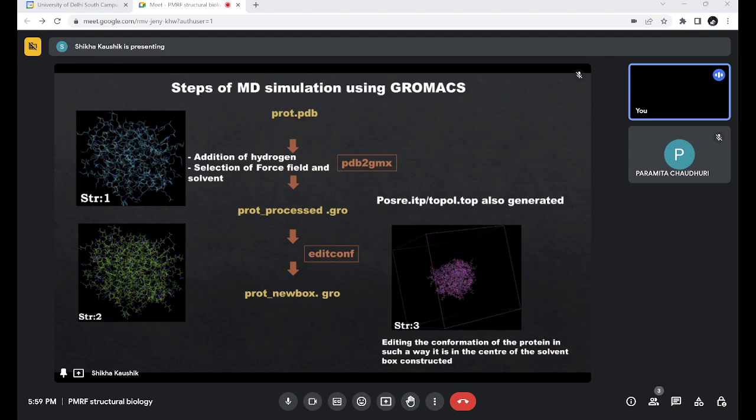Now, you have so many software packages or tools that help you perform molecular dynamics simulation, like CHARMM. But today I'll be taking you through the various molecular simulation steps of GROMACS. So you have your PDB file, which is a clean file that you have achieved from your